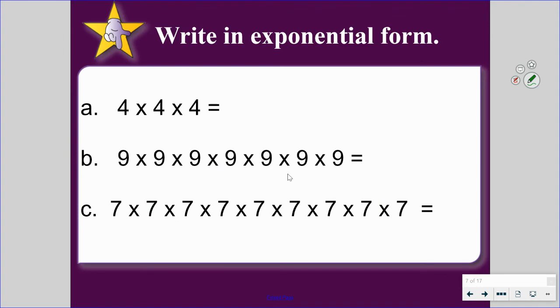Now, what if we go the other direction and simply write it in exponential form? Once again, don't forget, we are multiplying a base to an exponent because 4 is the repeated factor, 4 is the base. And because we see this multiplied by itself repeatedly 3 times, we're going to write this as 4 to the 3rd power. For the next part, we have 9 multiplied repeatedly 1, 2, 3, 4, 5, 6, 7 times. And for the next one, we have 7 multiplied repeatedly